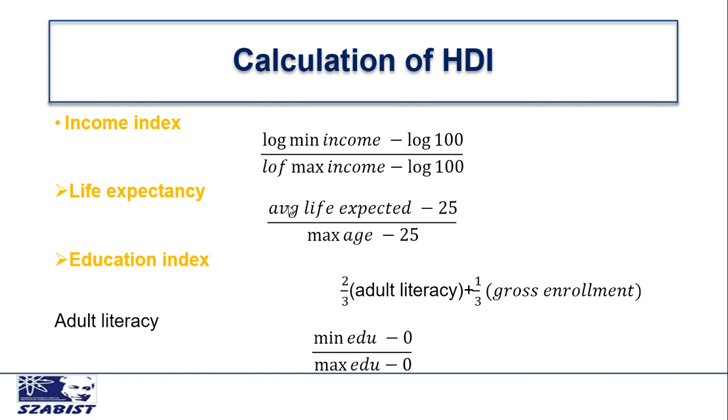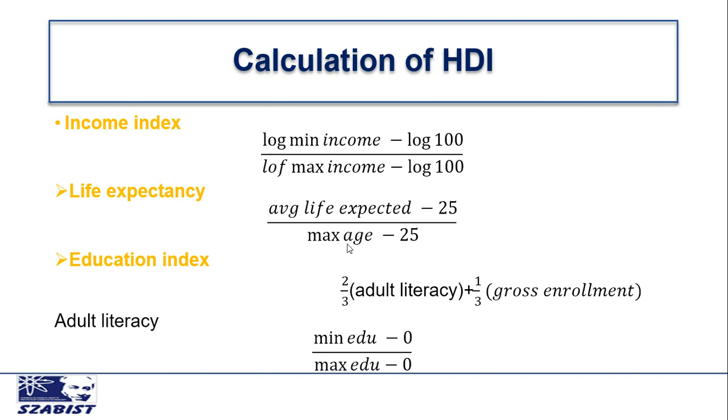Life expectancy means the average life expected, that is, what is the average life of any country, what is roundabout the age of every individual in the country. Like in underdeveloped countries like Pakistan, India, Bangladesh, the average expected life is roundabout 65 to 70 years. So the average expected life for these countries is 60 or 65, and then the maximum age of the people of that country, and then we have to subtract the 25,